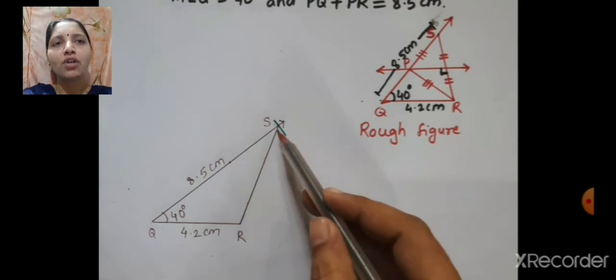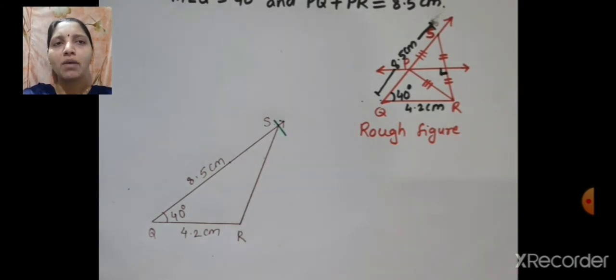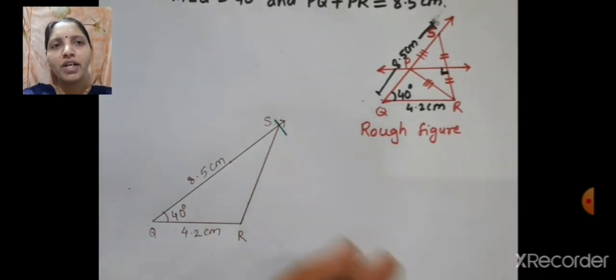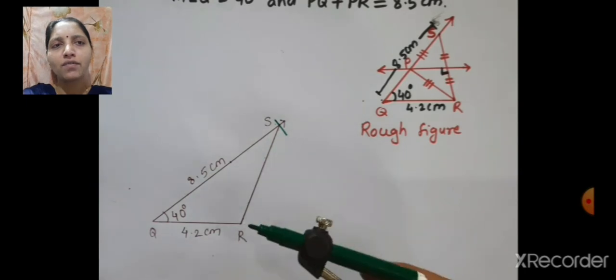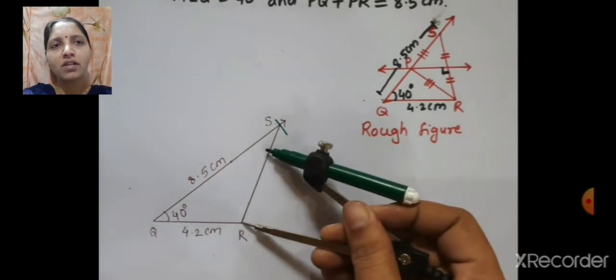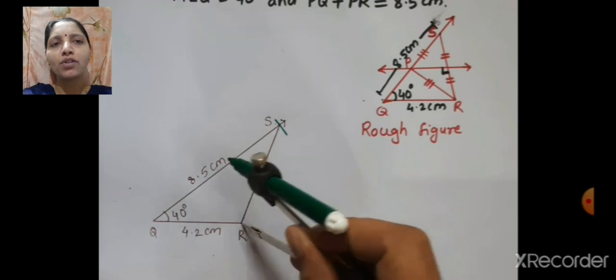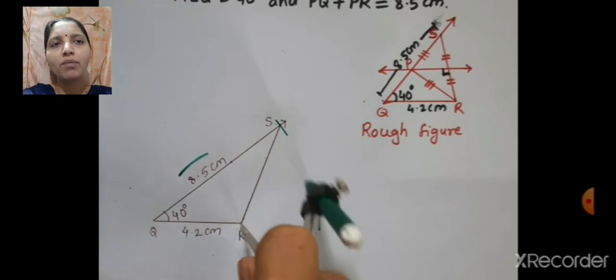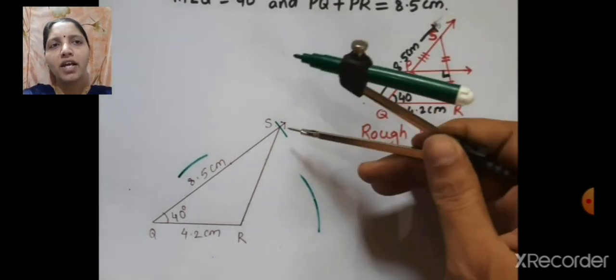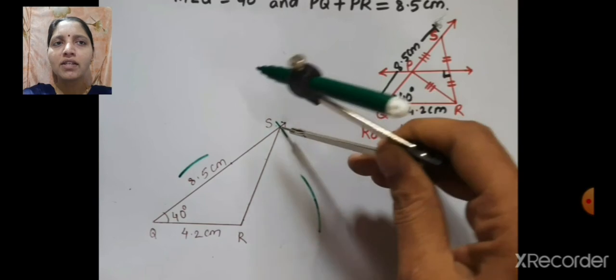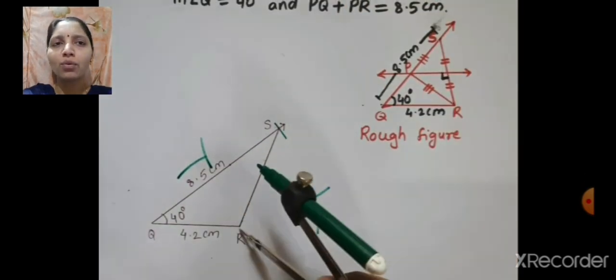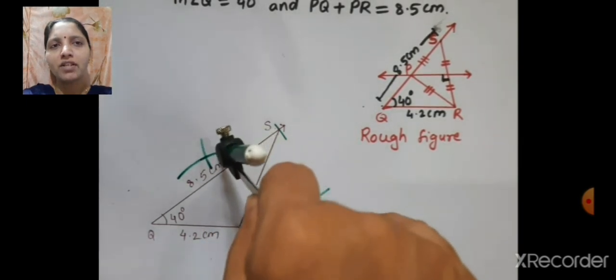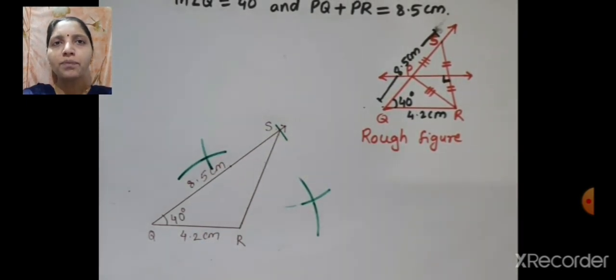Now you have to draw the perpendicular bisector of segment RS. Okay, so what you'll do, you will take more than the half distance of segment RS in the compass this way, and then you will put pointer on point R. You will draw one arc above RS and one arc below segment RS. Then put pointer on point S and draw one intersecting arc here and intersecting arc below. Now here you have to extend this arc to find the point of intersection.